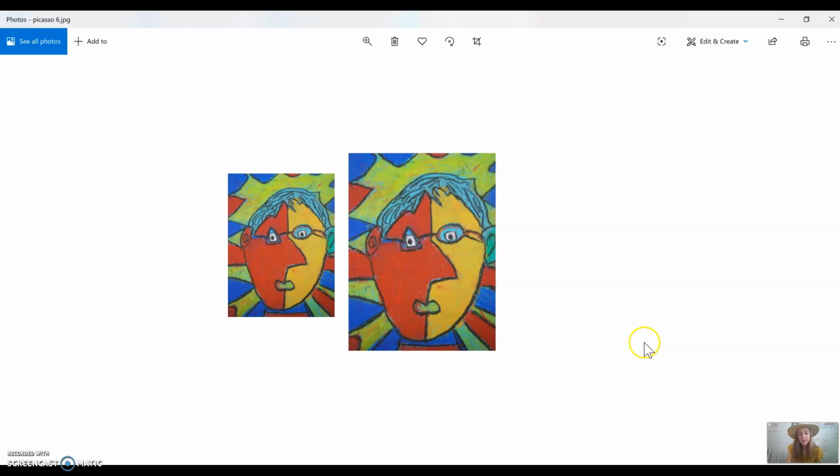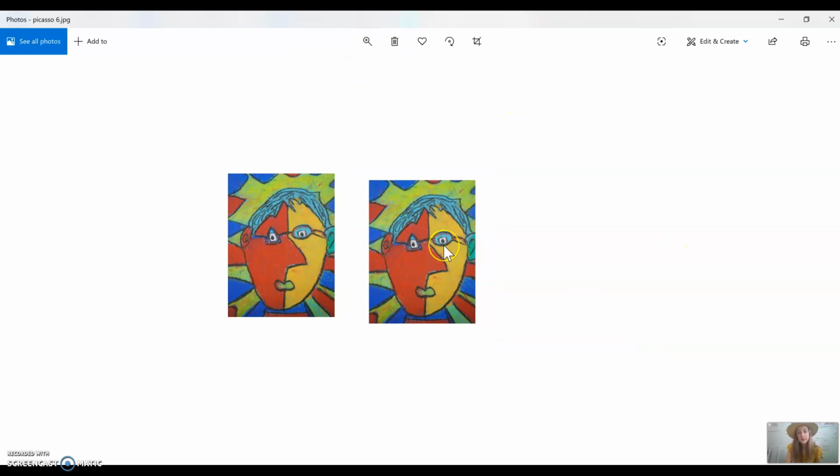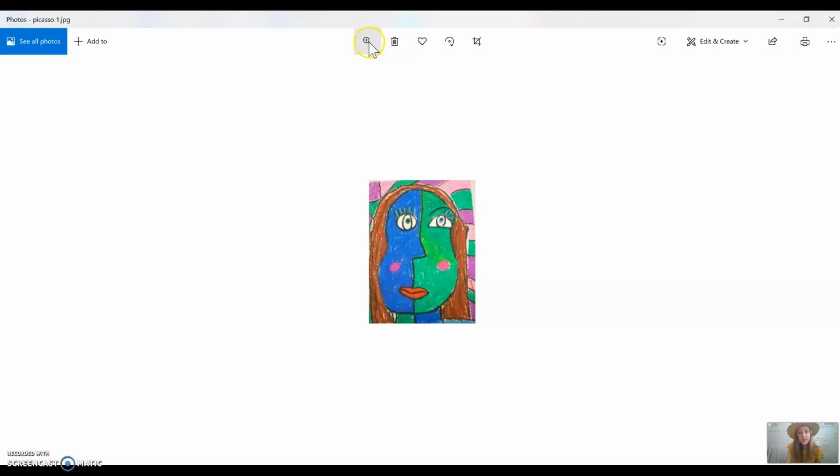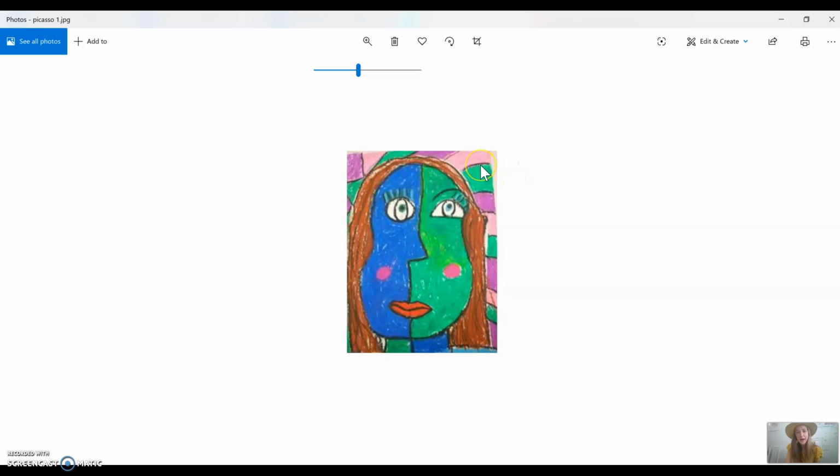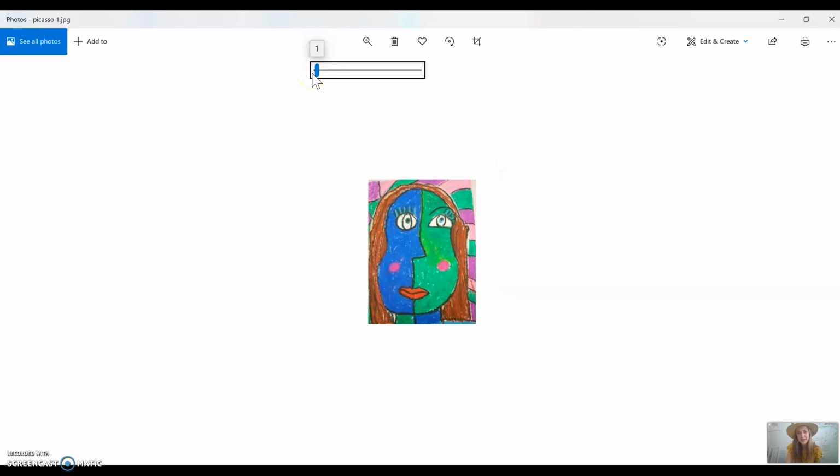Let's go to another one. This is another one that I think is great. It has, again, so many different colors going on her face, and in the background, there is no white on the paper at all. We see the nose is turned a little sideways. We see circles here for her cheeks. Her eyes are looking different ways. There's one eyebrow here, but not there. So the picture is a little bit different than what she really looks like in real life,